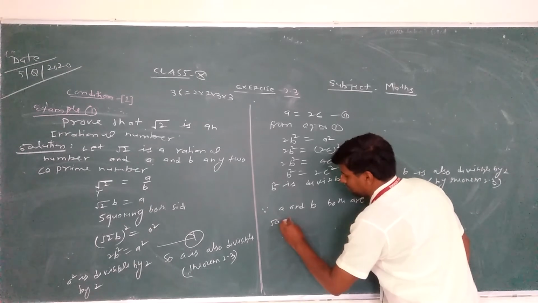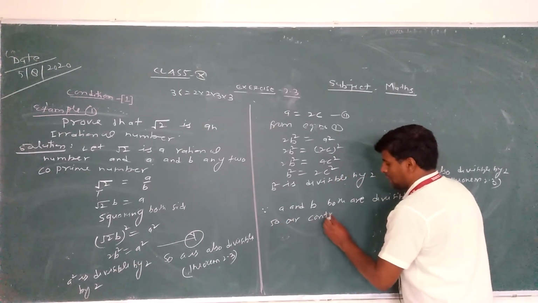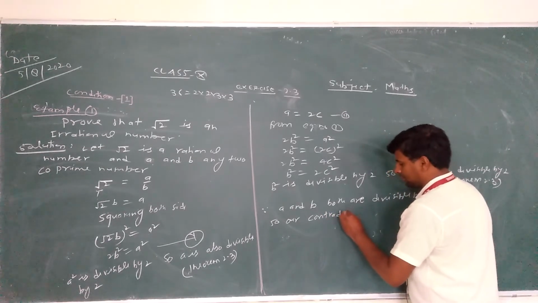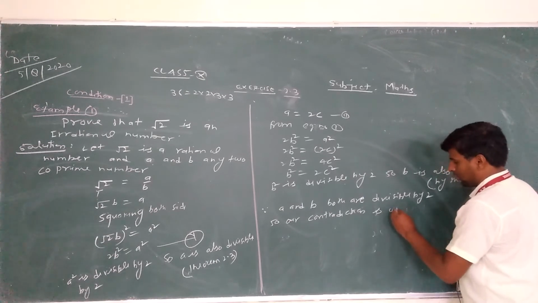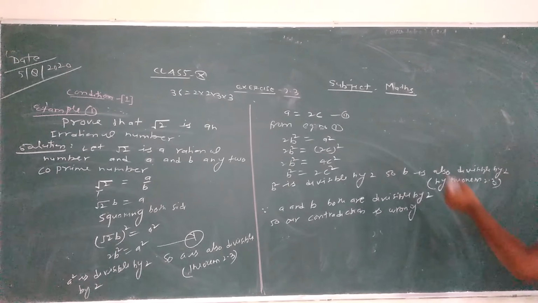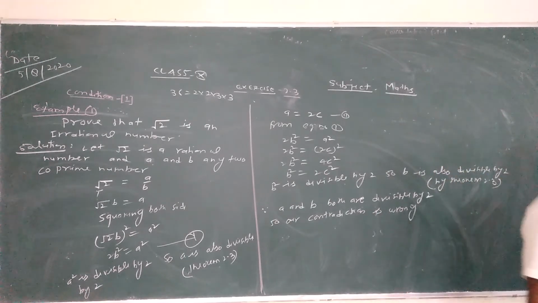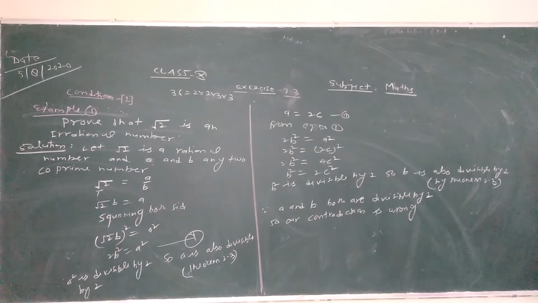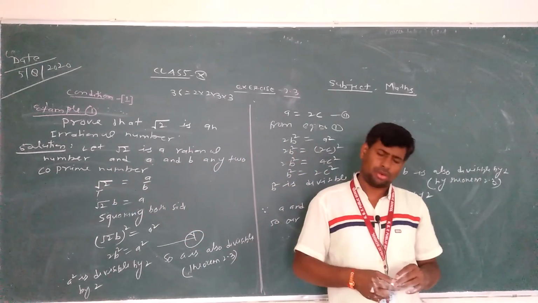So our contradiction is wrong. अब एक्चुअल में अपन ने क्या एज्यूम किया? अपन ने एज्यूम किया था that root of 2 is a rational number, but our contradiction is wrong. If the contradiction is wrong, it means the given number is irrational, because you know that